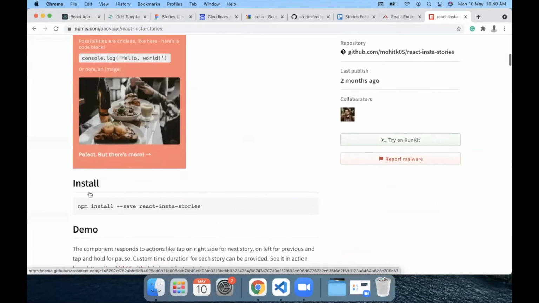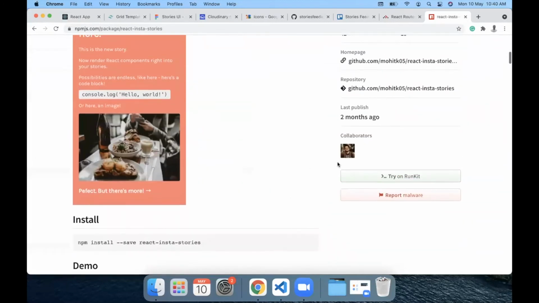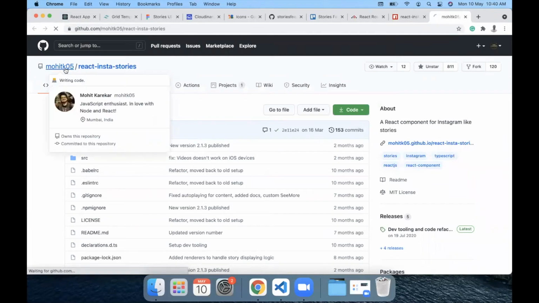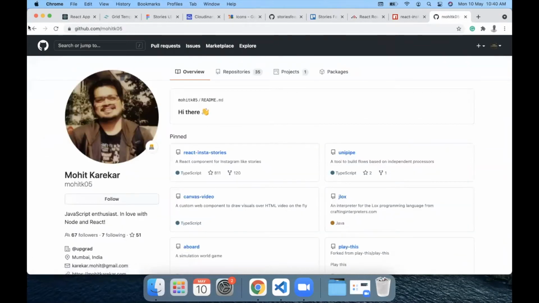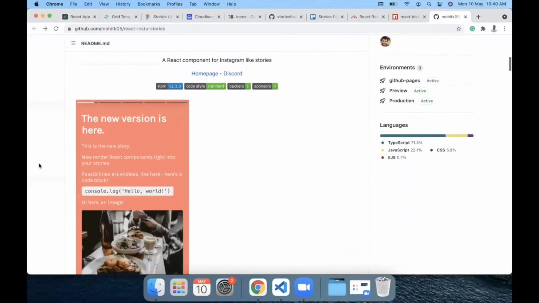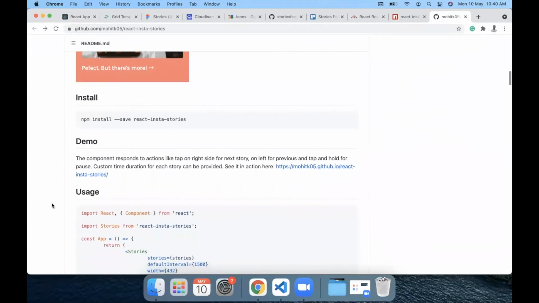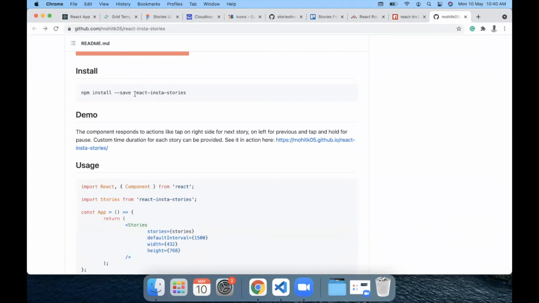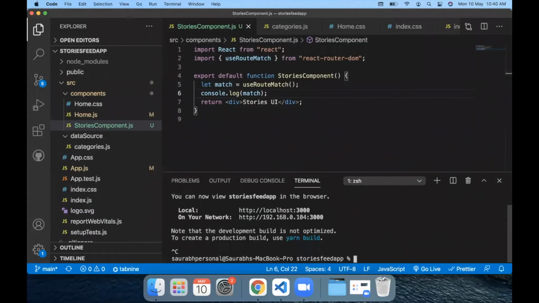This component is released by Mohit Karekar, and he created it so that we can use it directly to create the Instagram Stories UI in our web application. I'm going to copy this React Insta Stories name and add it in our project.